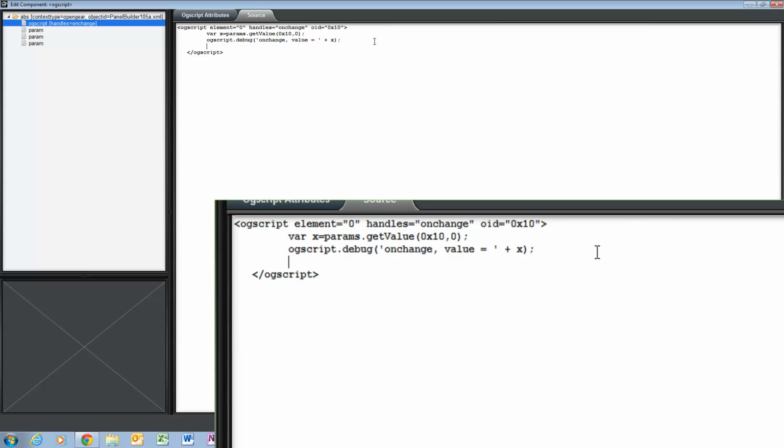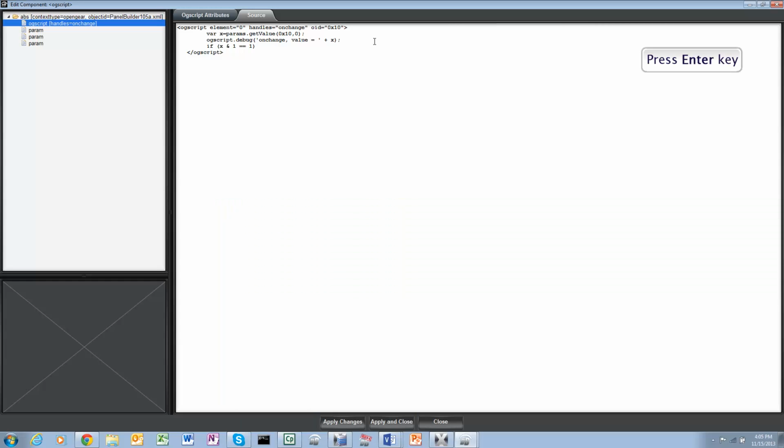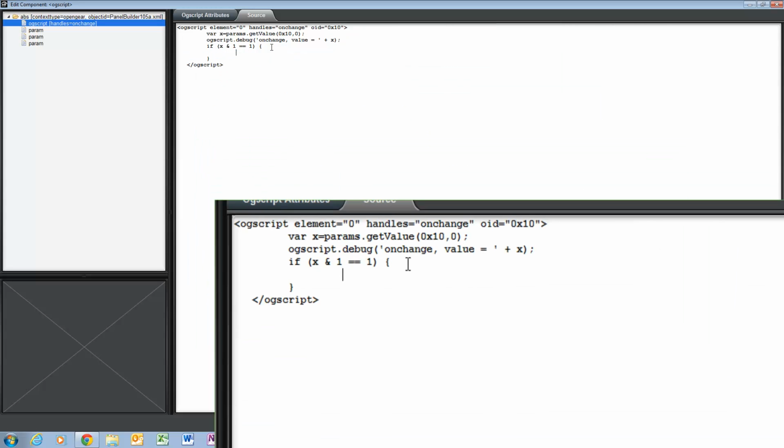and I can put in some conditionals here. If x and 1 equals 1, then we want to set the value of that LED. So we're going to go params set value, and the object ID was 1, and the value we're going to set it to